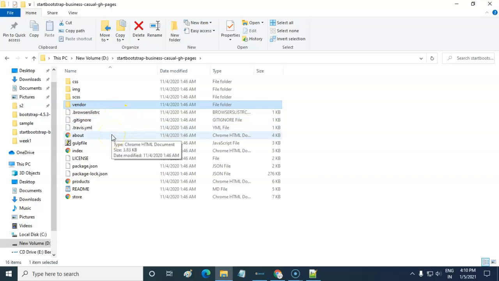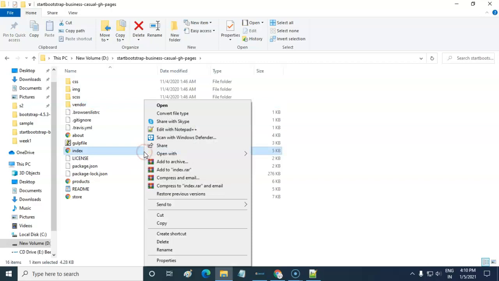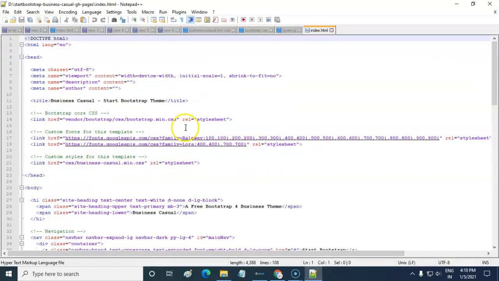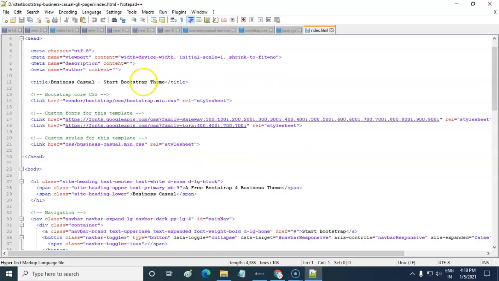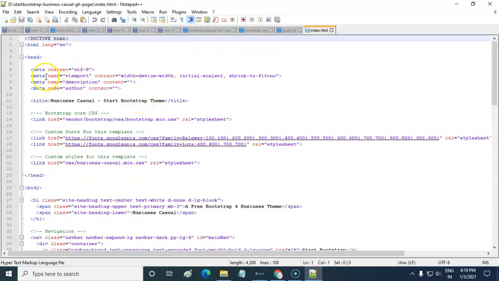Now let me go to the index page. Open with Notepad++. Here let me check the details one by one. We don't need this because Blogger already has this in the head section. Since it is a responsive website, this tag is needed, so we have to use this.